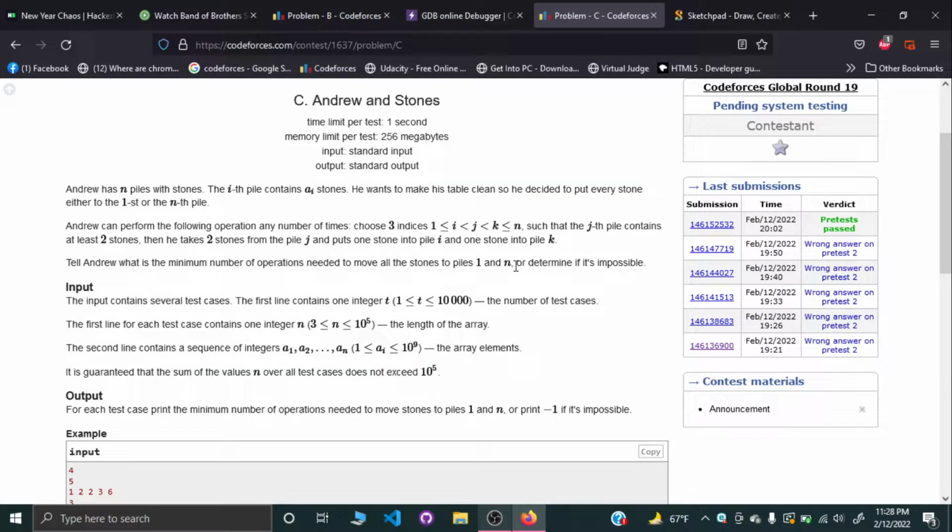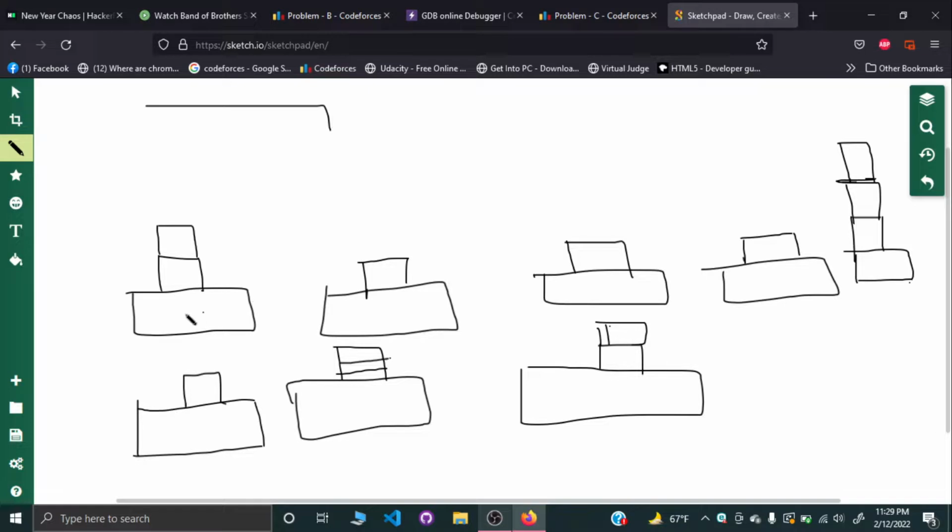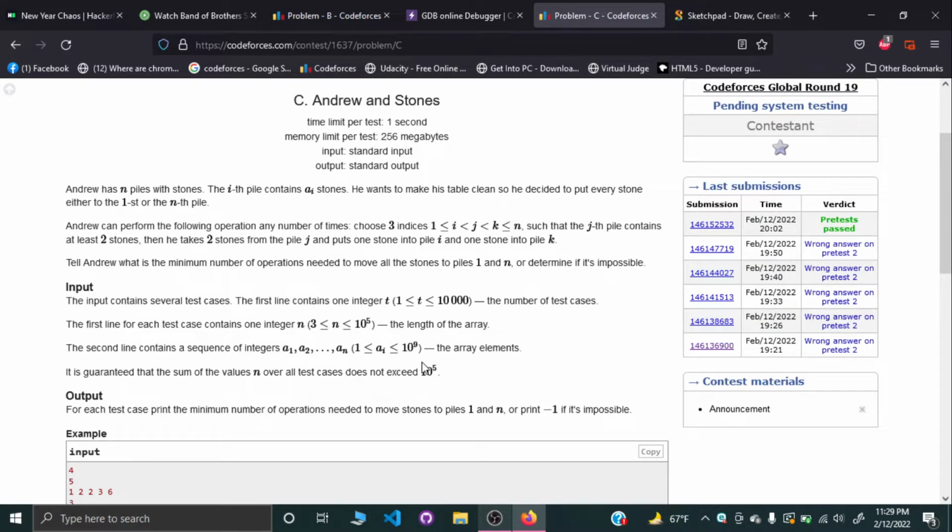Hello and welcome everyone. So I'll be explaining Codeforces Global Round 19 problem C, Andrew and Stones. A simple and straightforward problem statement. The statement says that you're going to be given n piles where each pile has some number of stones, and you have to tell the minimum number of operations you need in order to move all the stones